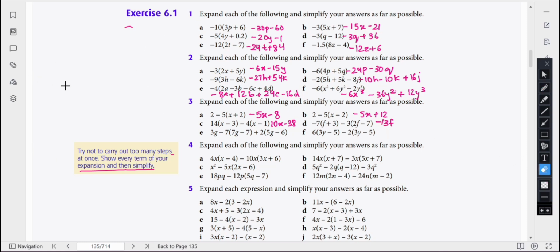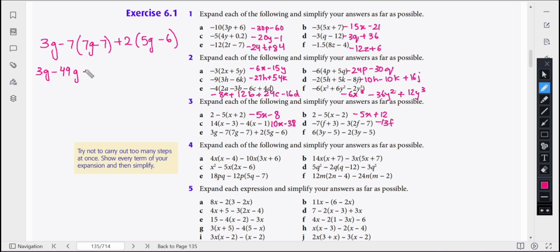Now for the E part, what E part says, 3g minus 7, 7g minus 7 plus 2, 5g minus 6. Make sure you are putting the brackets at the right place. अब यहाँ पे हम 3g को कुछ नहीं करेंगे, 3g को हम as it is रहने देंगे। -7 will multiply with 7 will become -49g, and then it will going to become +49 plus 10g minus 12